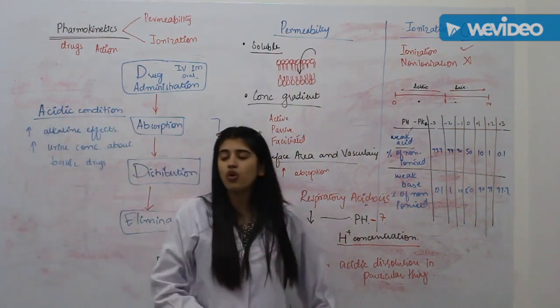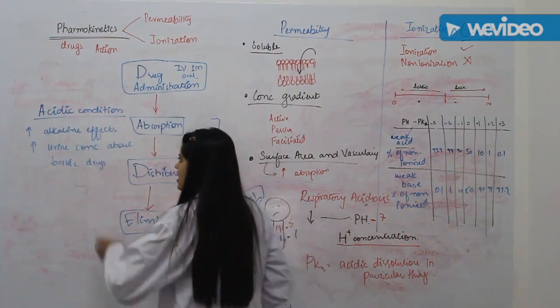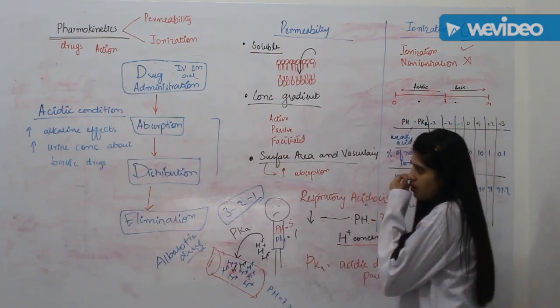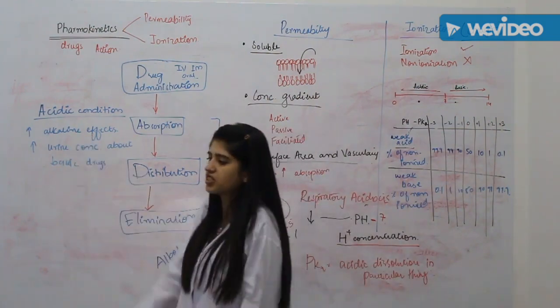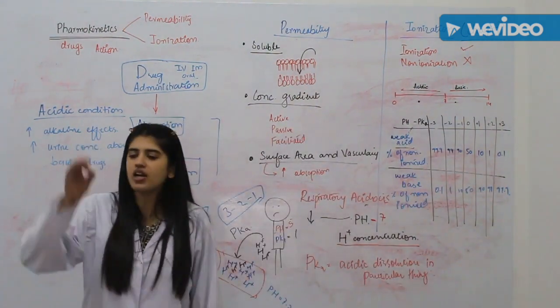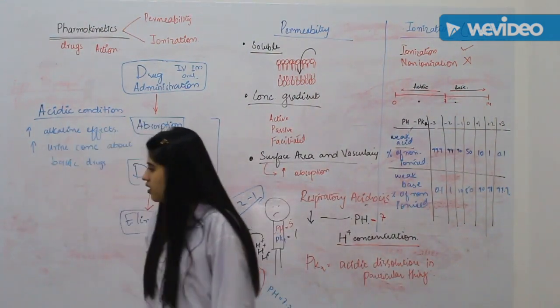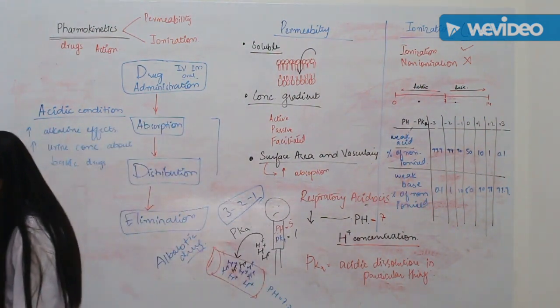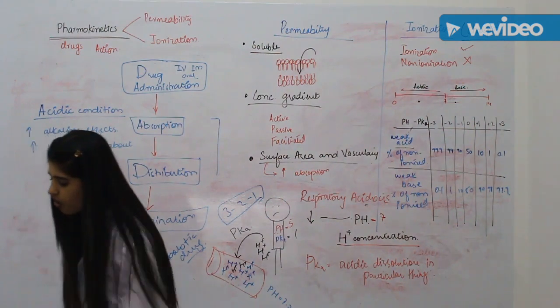This is what I'm saying: if there is an acidic condition, we have to increase the alkaline effects. We have to give the strong bases to neutralize the effect. For example, NaHCO3 or acetyl,